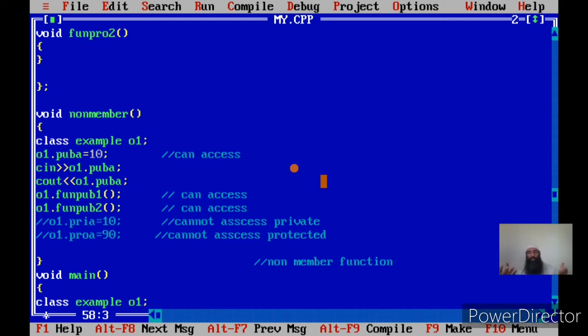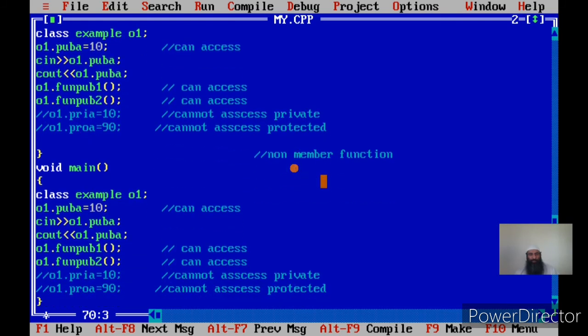Now let us try to call the functions as well, and it will be clear whether we can access them or not. Without comments, I can place it: o1 dot function pry.